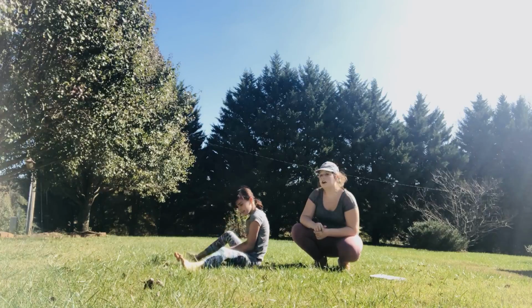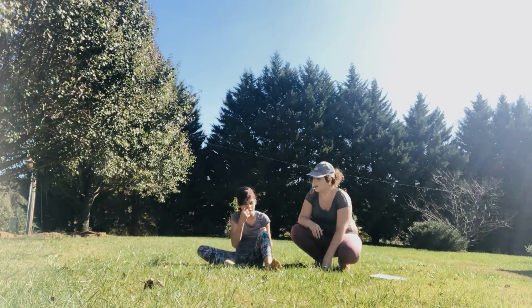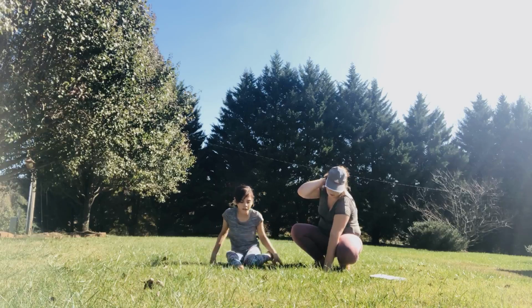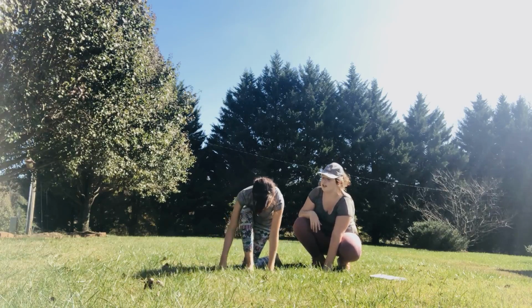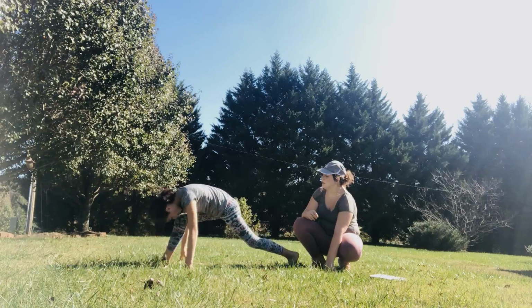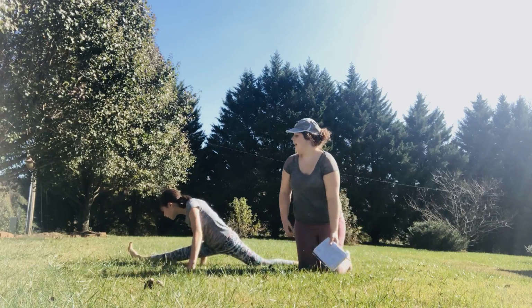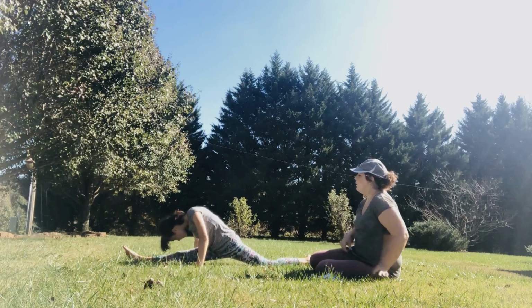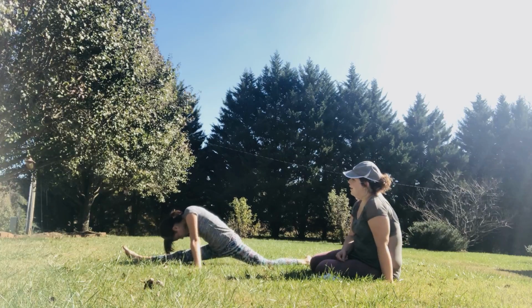Now she's going to go into her split, and if you can't do a full split, do the right split. And if you can't do a full split, you can keep your back leg bent behind you. It's really not a big deal, or you can just not go all the way down. So Hannah's going to go into her split completely, and she's going to try and reach forward and hold that 1, 2, 3, 4, 5,